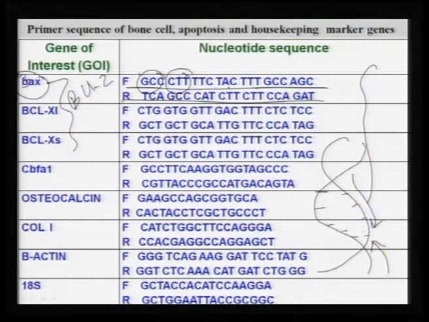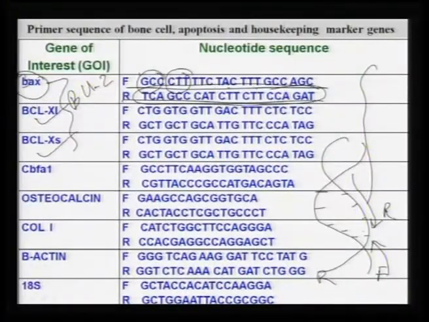So, one is forward, let us say this is forward and this is reverse. This is reverse means this is reverse here. Okay. So, this is the forward primer sequence, that means nucleotide sequence. This is the reverse primer sequence, that is the reverse nucleotide sequence. Okay. Now, this sequence is necessary to make the transcription, reverse transcription process from RNA to DNA in order to